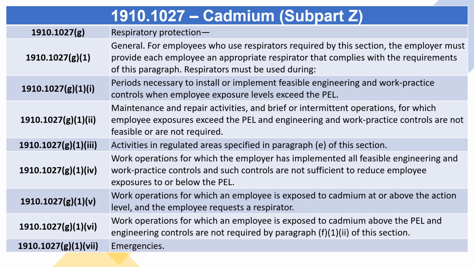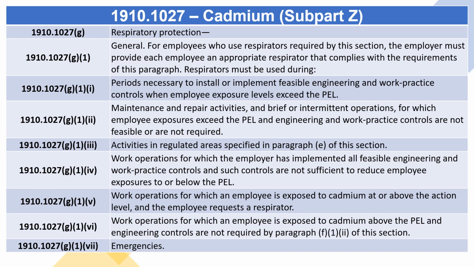1910.1027(g) Respiratory protection. (g)(1) General. For employees who use respirators required by this section, the employer must provide each employee an appropriate respirator that complies with the requirements of this paragraph. Respirators must be used during: